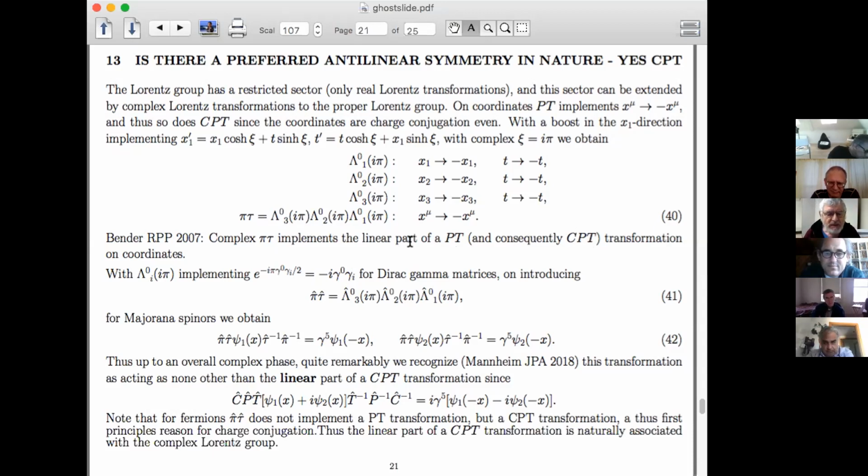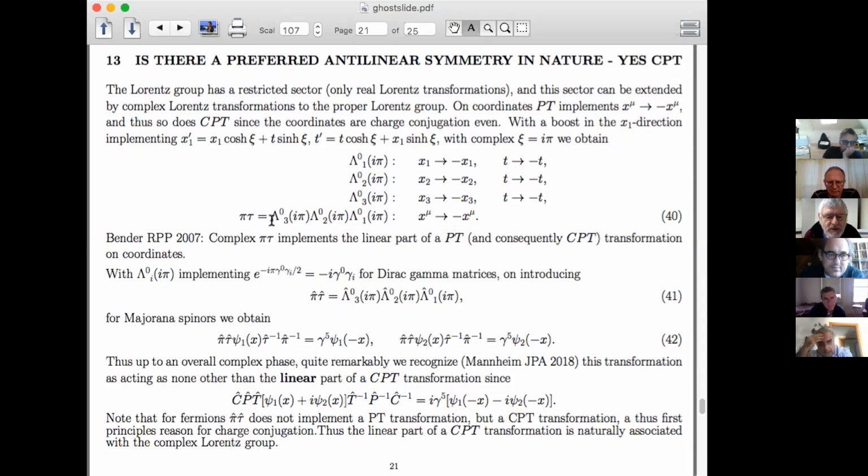Now, when I got into the subject and I saw this remark of Carl's, I thought that that was actually the most significant aspect of PT symmetry, namely that it has a direct connection to the Lorentz group. Now, by the way, if you just were to do it for T alone, it does not work. If you do it for P alone, it does not work. You have to do it for PT because you have to reverse all 4 components of x if you want to maintain Lorentz symmetry. Now, what happens for spinors is a little more interesting.